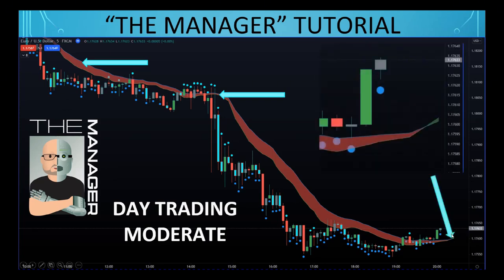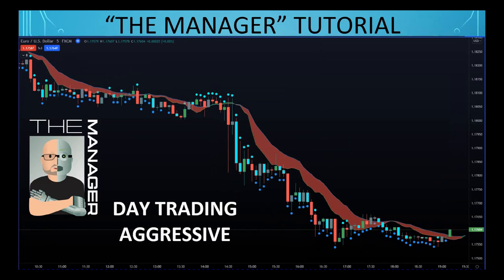And we can see here, we just exploded view there, that the bias turns to green at that point, and that would be our exit at 1.17633. So that's using that moderate day trading setting. Now